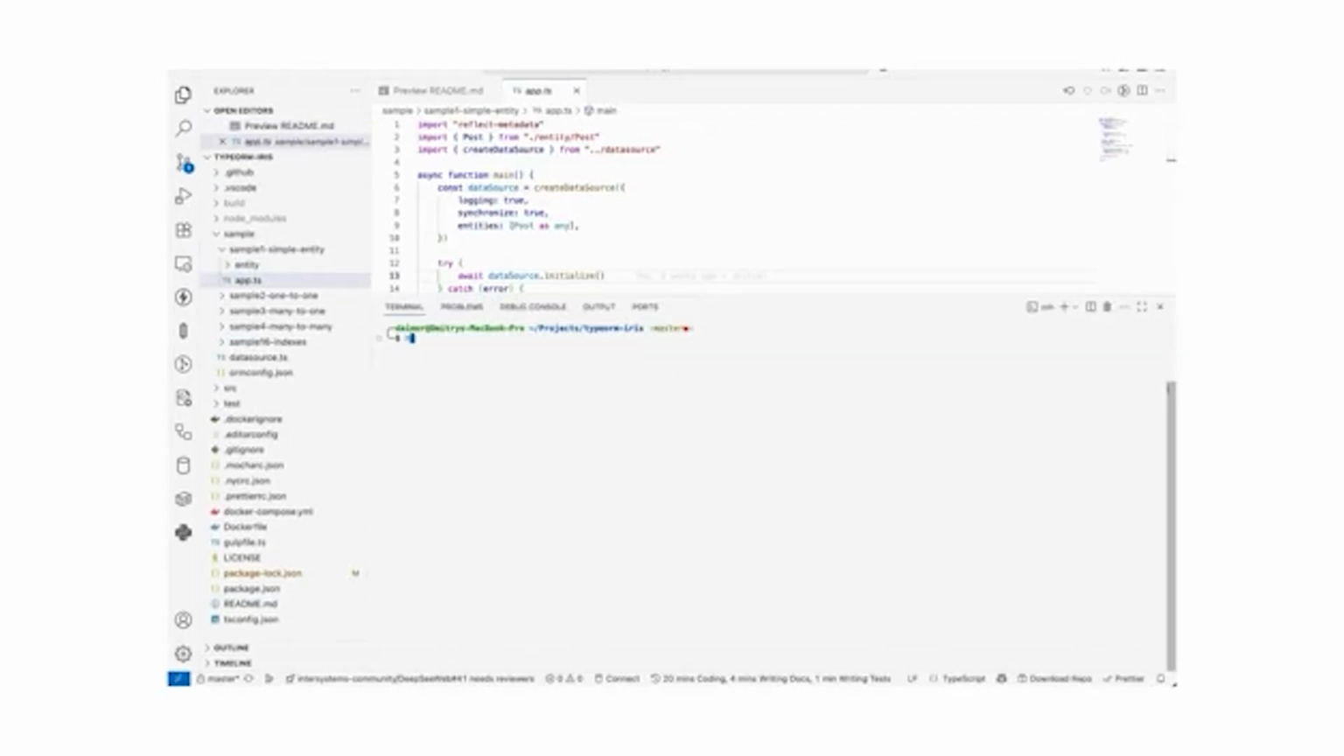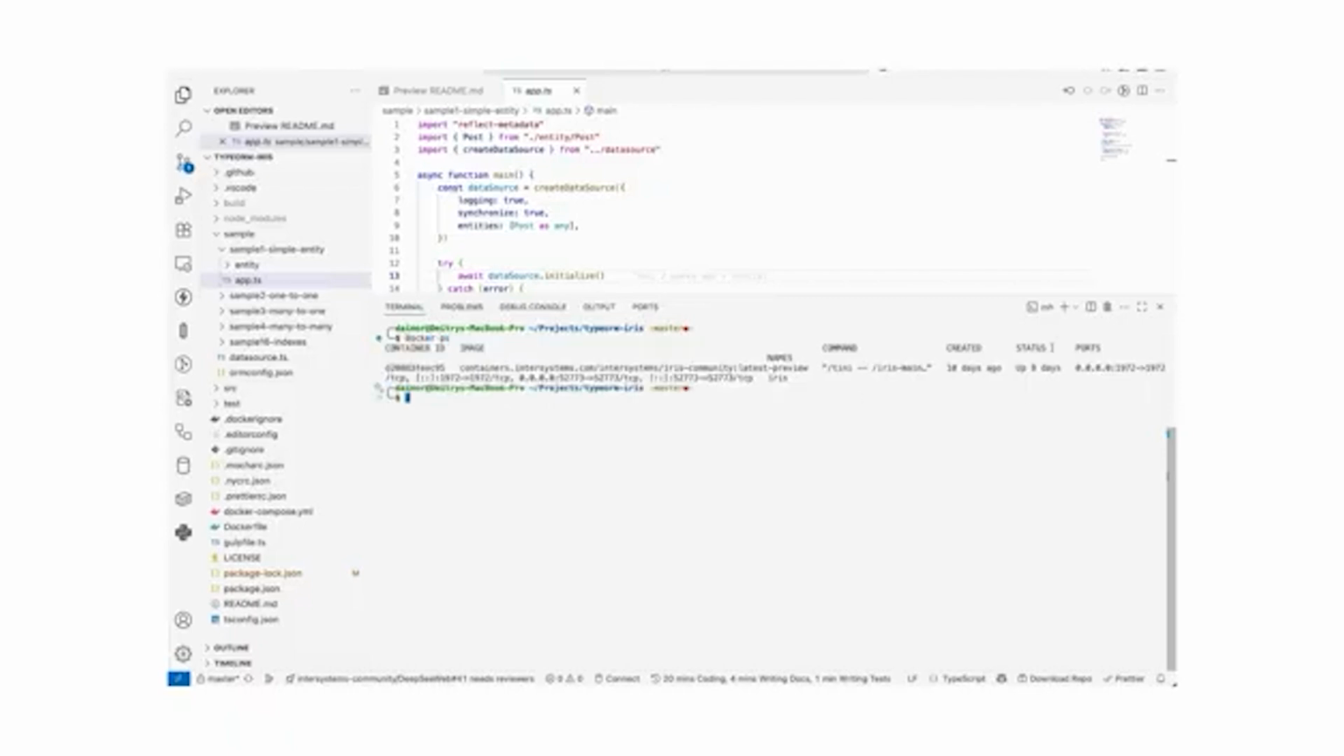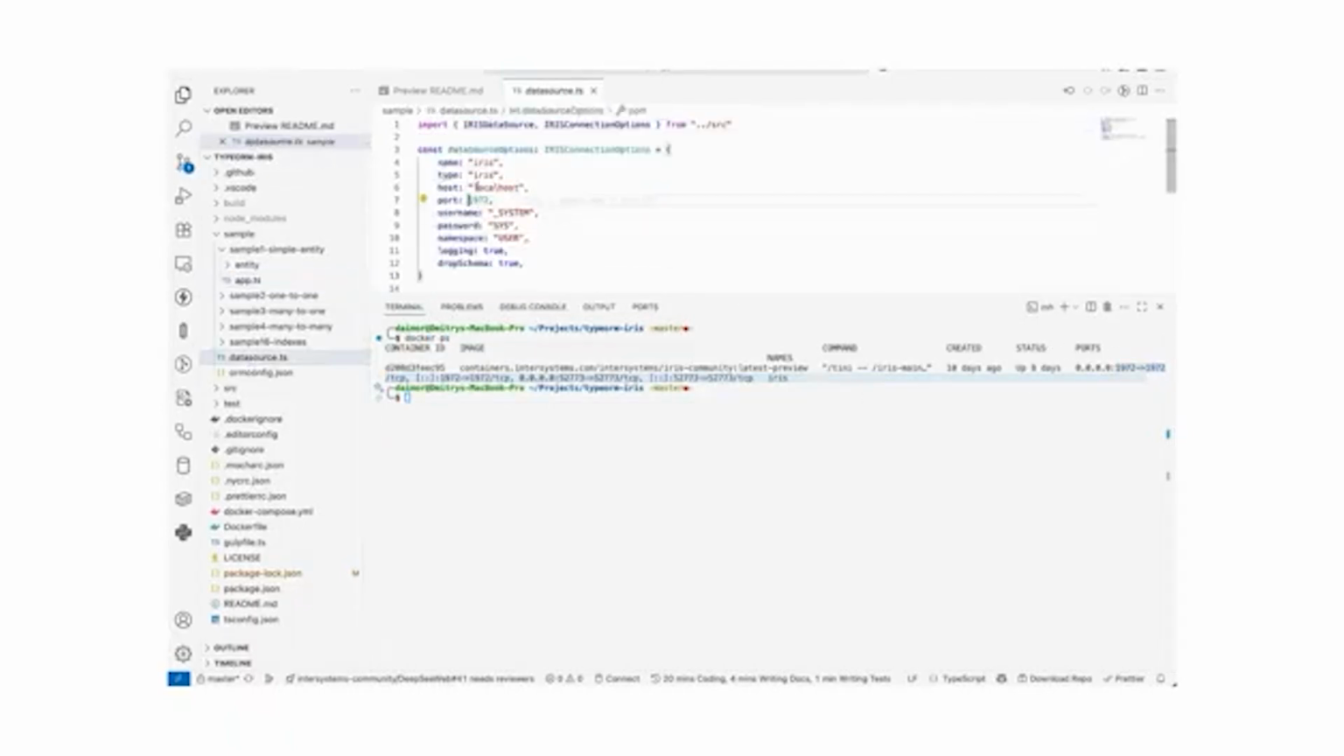Now let's build the project first. So we'll have compiled JavaScript code. Check for running Docker-iris, Iris and Docker. All settings are set. And let's run the samples. First one,